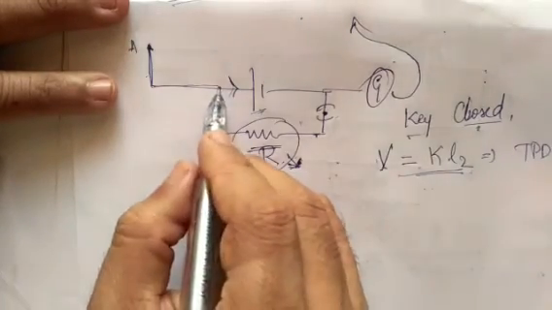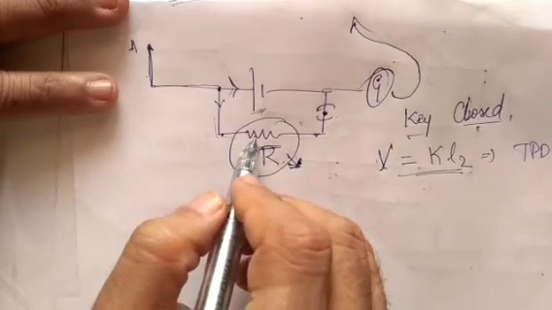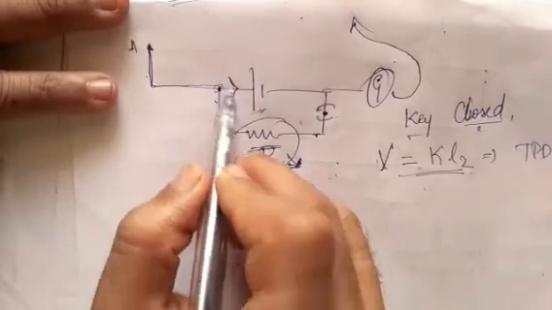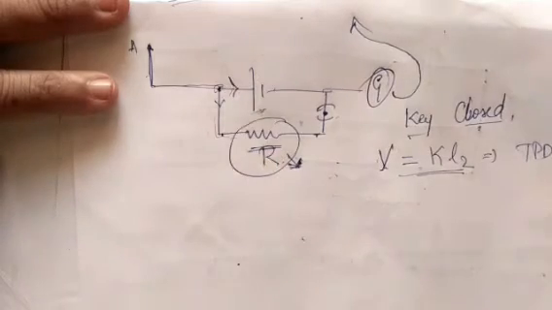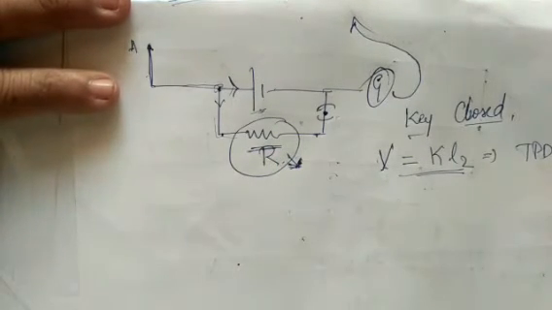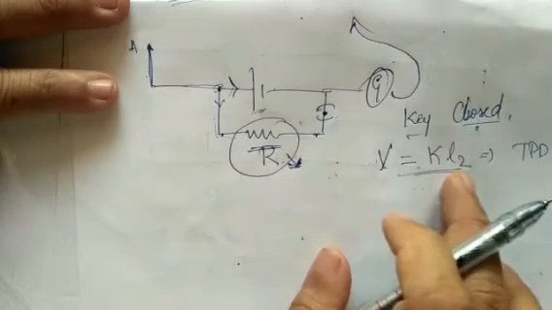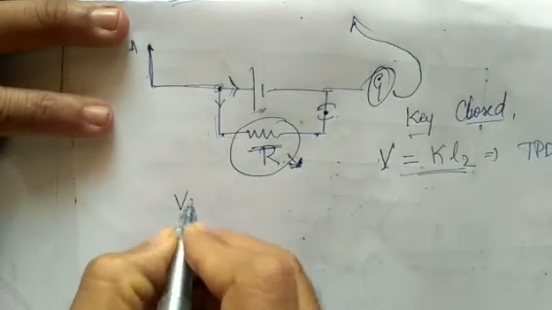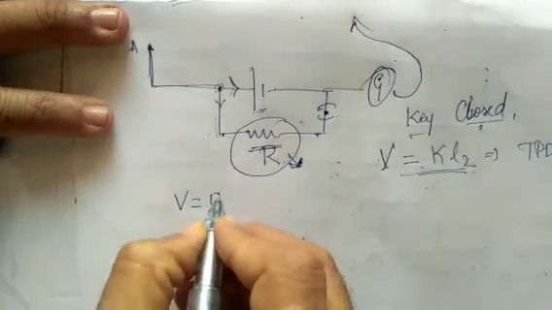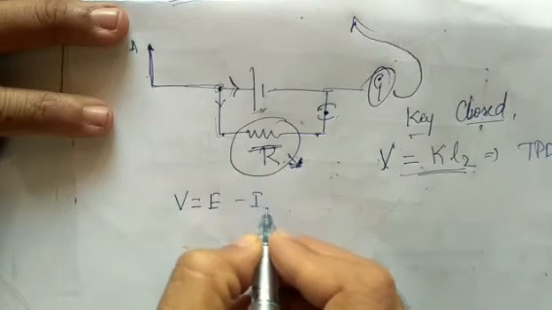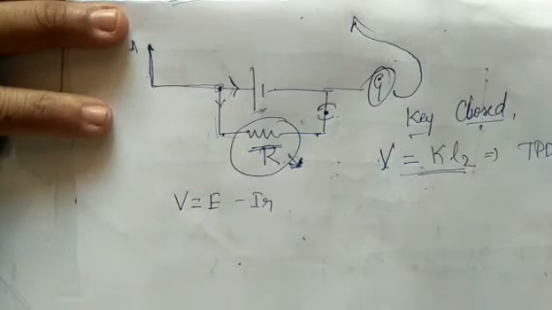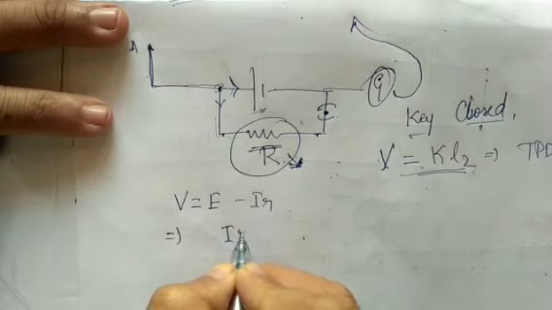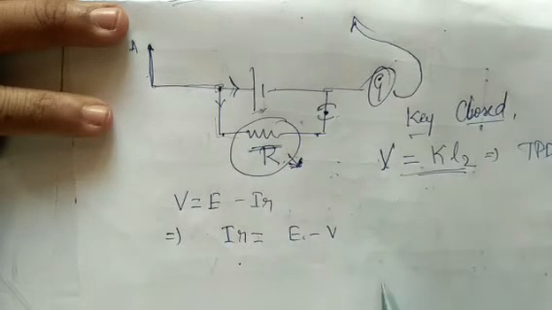The reason is that a certain amount of electric current is being drawn by the circuit, whereas in the previous case no current is drawn from this cell. That is the reason we considered EMF earlier. Now when the current is drawn, we consider it the terminal potential difference. We know the equation for terminal potential difference, V is equal to E minus I into r. So I into r is equal to E minus V here.